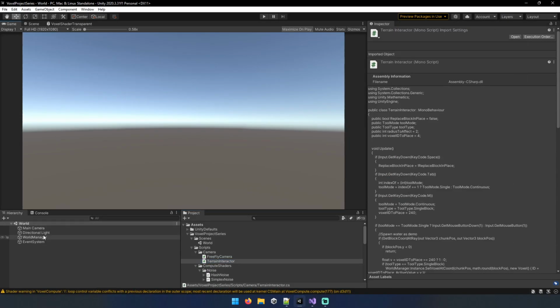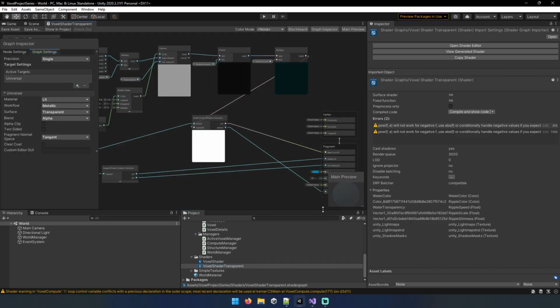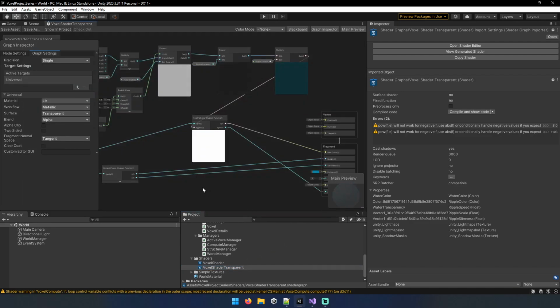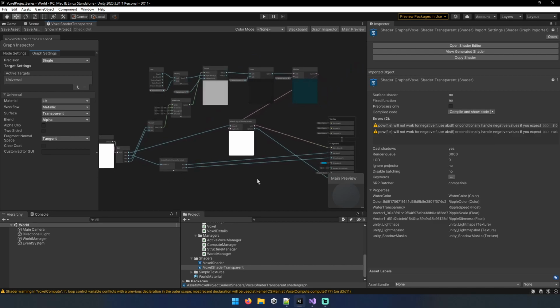So that does it for our scripting today. The only other thing we'll be doing, and I won't be showing you the making of this shader because it is a water shader and there are actual videos on water shaders, but what you'll do is you'll make a new voxel shader transparent. On the graph settings, you'll have your surface set to transparent with blend off of alpha,